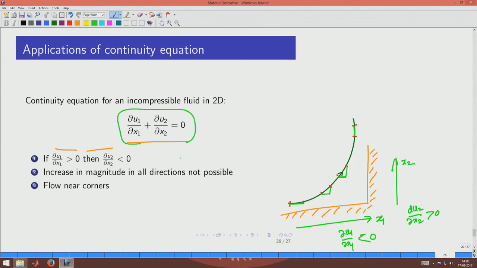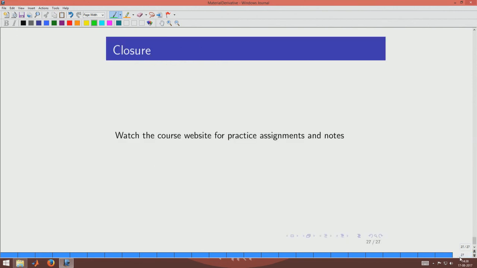So, recirculations can be explained by the continuity equation by looking at only an equation of this simple nature, saying that if one velocity has to keep decreasing in magnitude because of a wall, then the other component will pick up, which means that the velocity will take a turn. This is how you can actually apply the continuity equation. In the course website we will put up a list of some sample velocities. You can plug them into the continuity equation to check whether they are valid or not, and you will also have some notes to help with some of the derivations we have done.